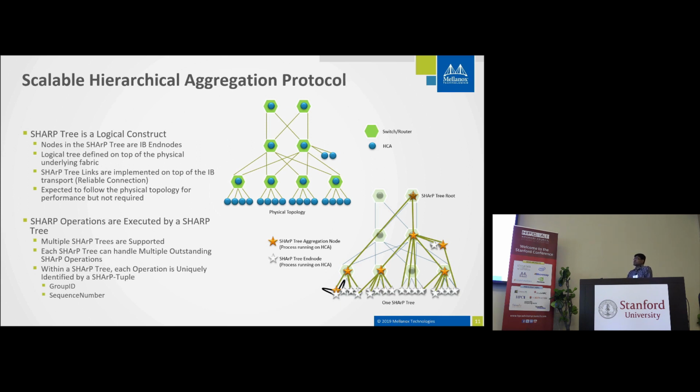So the SHARP tree is a logical construct on the physical topology. It constructs a tree logically by considering what nodes are involved in the MPI job or in your AI job. So it takes the physical topology, and on top of that, it constructs a logical tree, and it can support many trees simultaneously. And here the tree links are implemented on top of hybrid transport, reliable RC connections,